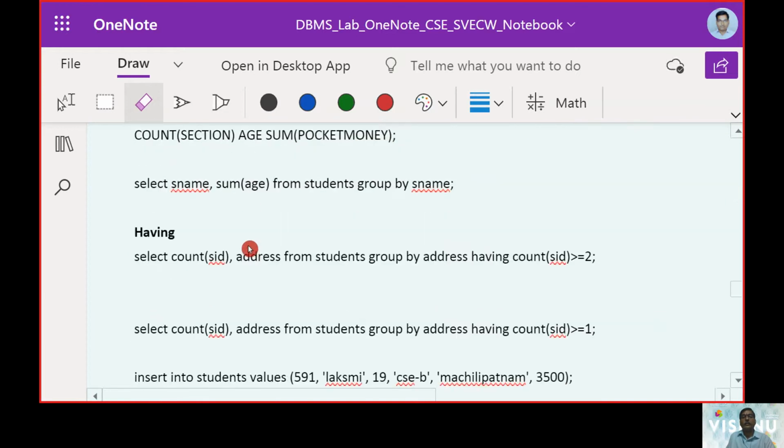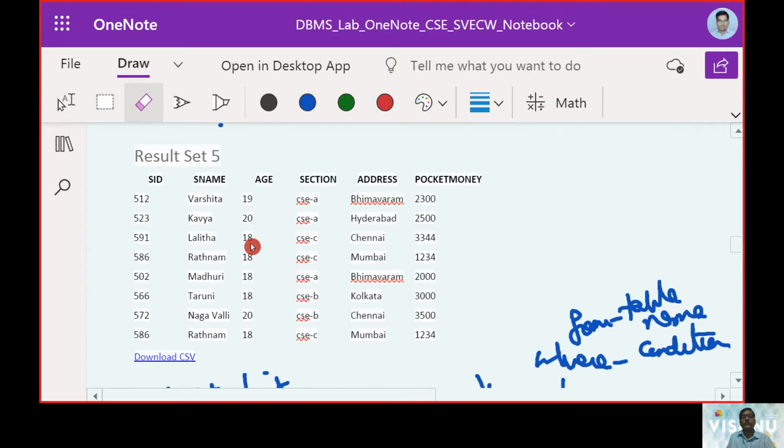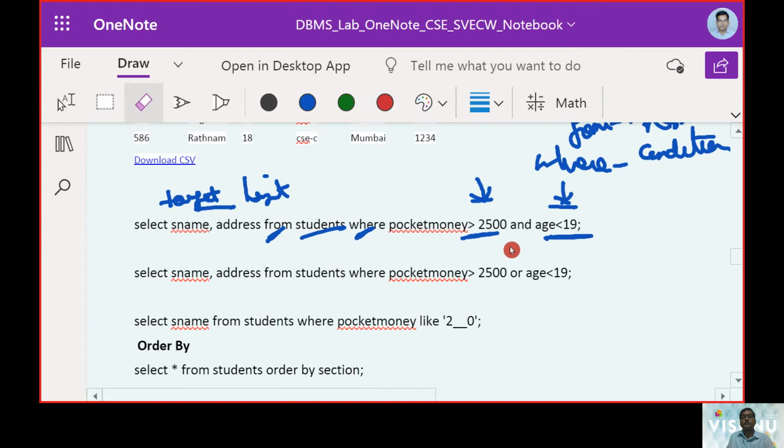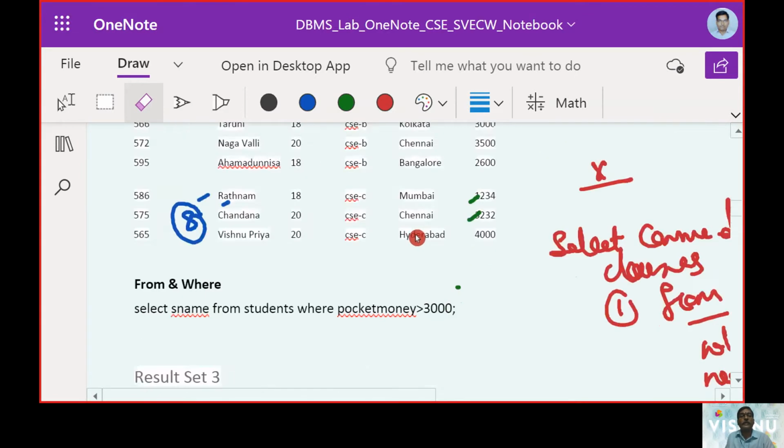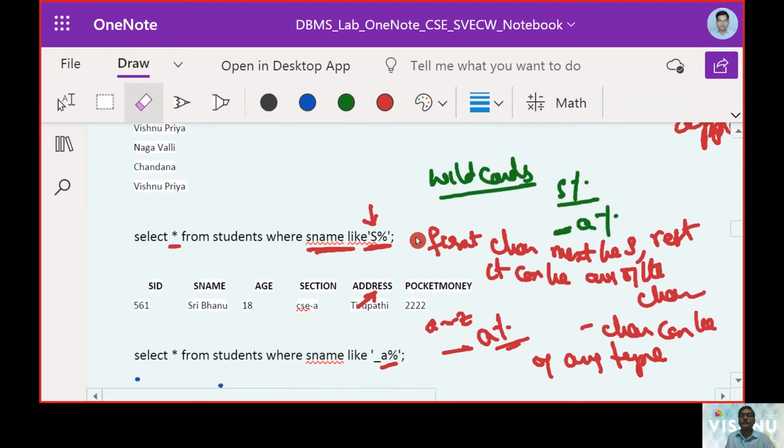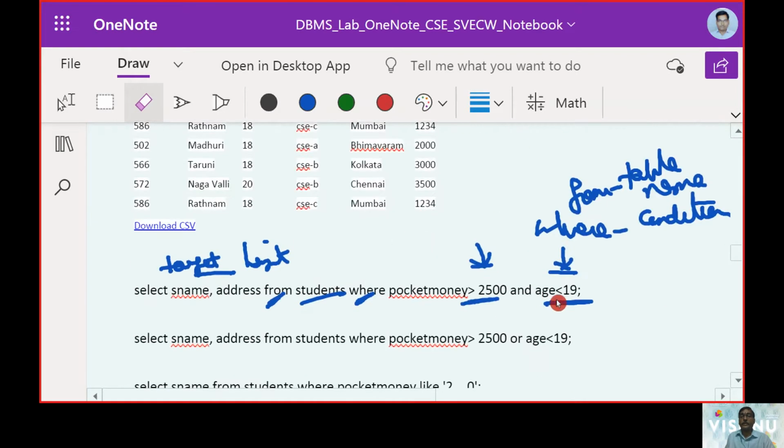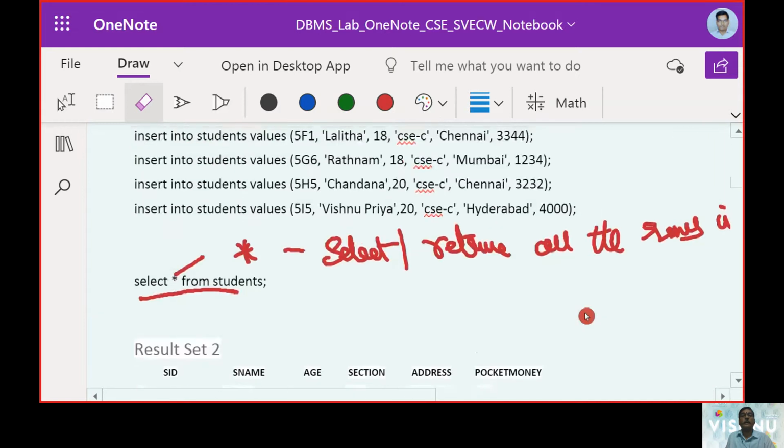Again the query was pocket money should be greater than 2,500 and the age was less than 90.